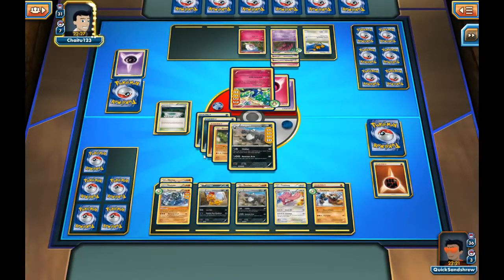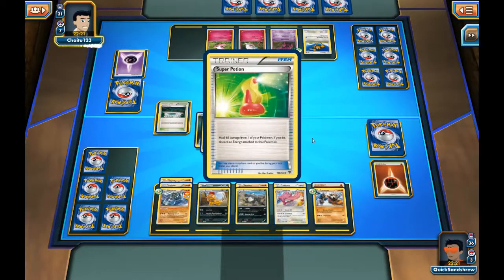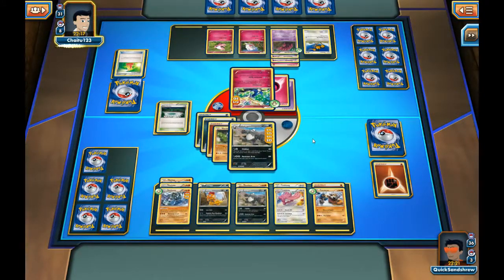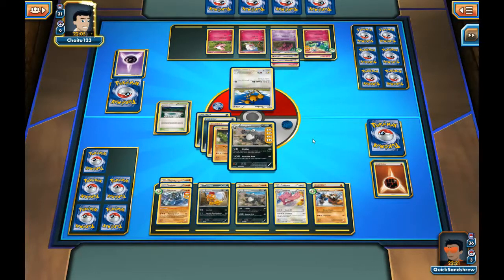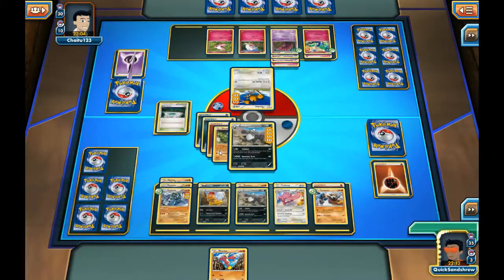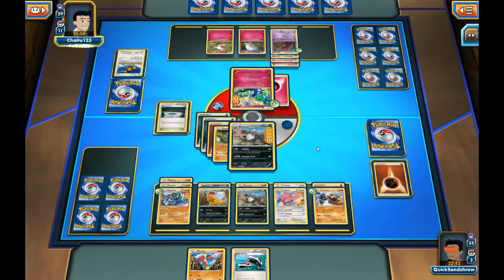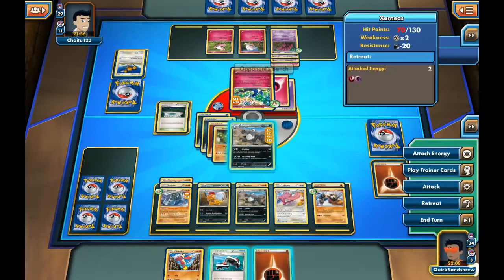Ooh, he would have top decked that energy. Ah, Super Potion. That's going to buy him one more turn. Decided to retreat Xerneas, okay. Go ahead and sweep Doduo. Get a card for our trouble. A fairly useless card, but a card nonetheless. Alright, now we have to wait until he either gets an Aromatisse or...